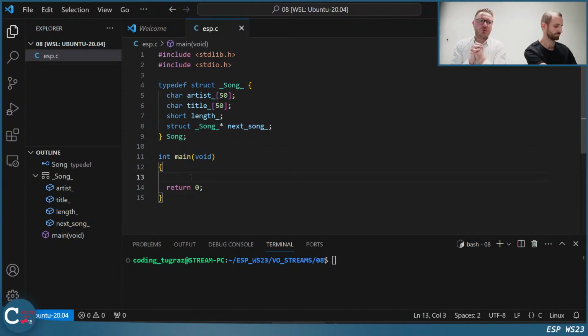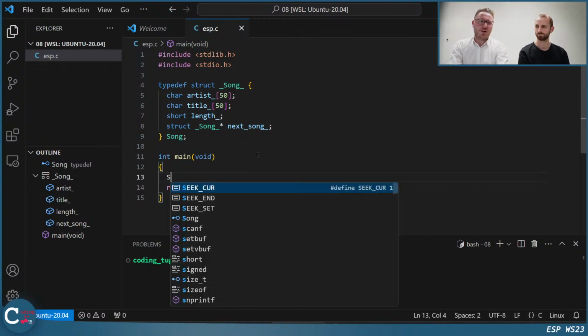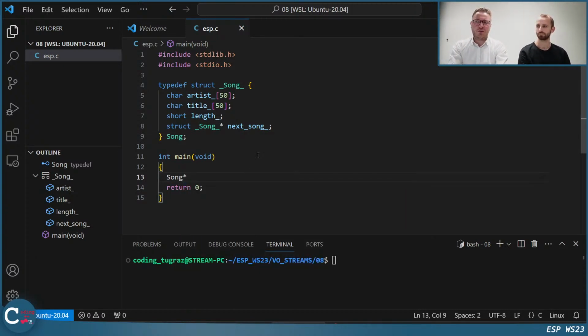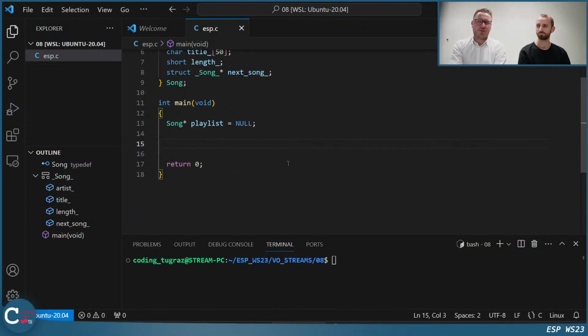Now we want to add a new song to a playlist. So maybe let's start by saying we have a new playlist actually. And this playlist is just null from now on. And now we want to have an add function, and this add function should take the playlist.